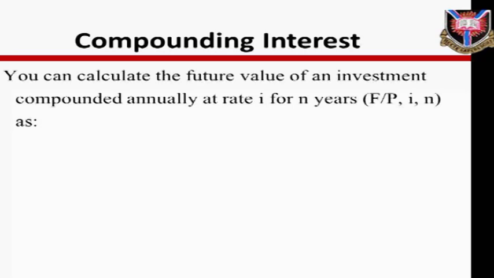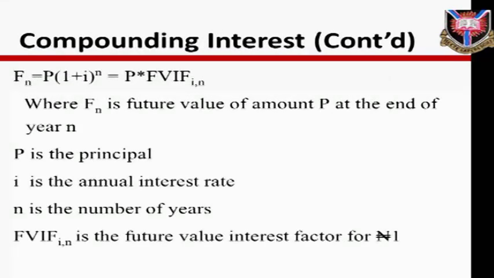That is, Fn equals P times (1 plus I) to the power n, which equals P times FVIF at the rate of I and n years,